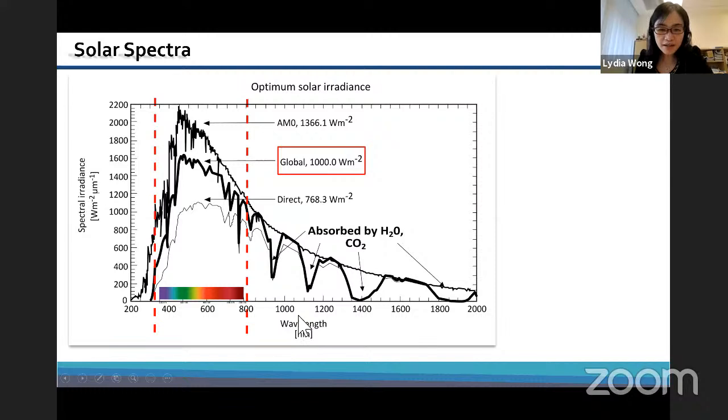Beyond this, for example beyond 1000 nanometers, is what we call infrared, or usually heat. Some of the coating on the windows are actually reflecting IR out. So when light comes to your window, the infrared portion will be reflected out so that heat doesn't come into the room. But for solar cell, what you want is optimum absorption in this visible region.